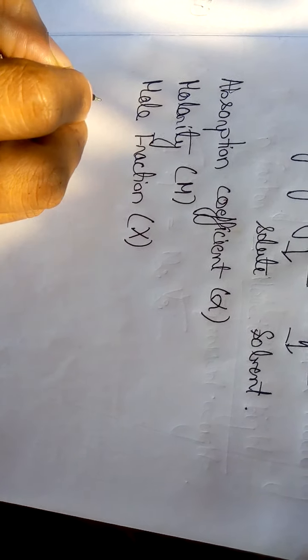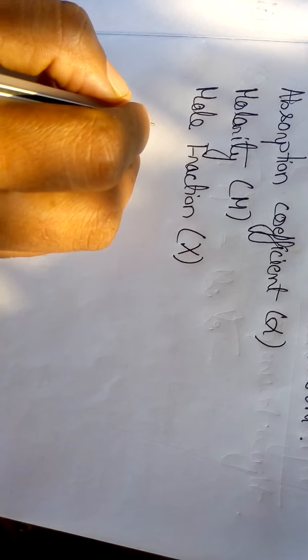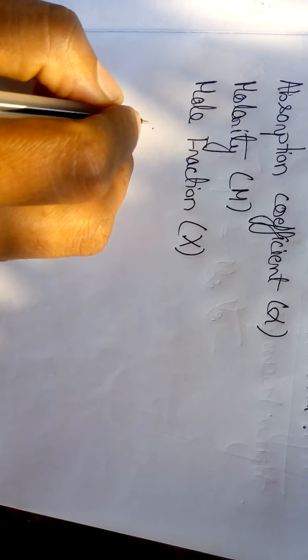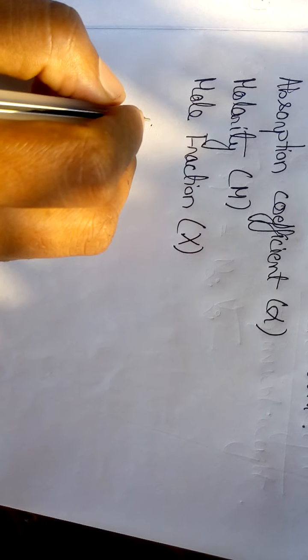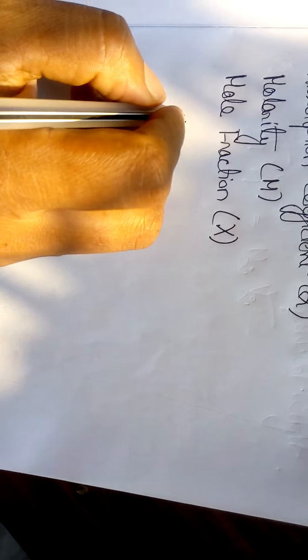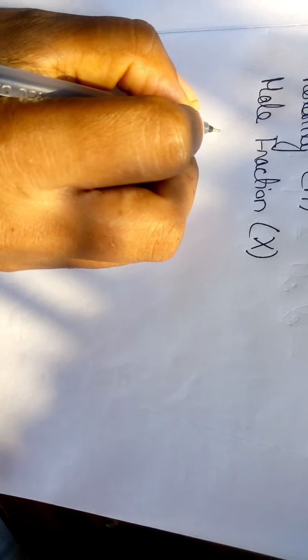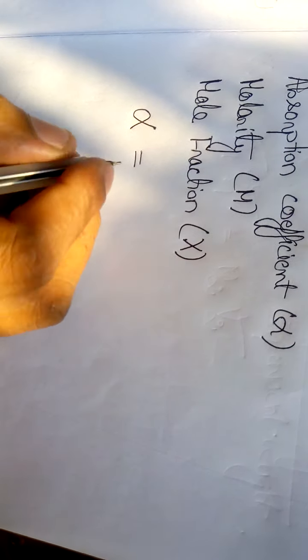Now, how do we define absorption coefficient? Absorption coefficient is defined as the volume of the gas in ml at STP that can dissolve in unit volume of the liquid to form a saturated solution at a given temperature and 1 atmosphere pressure. So, according to the definition of absorption coefficient, alpha can be given as,